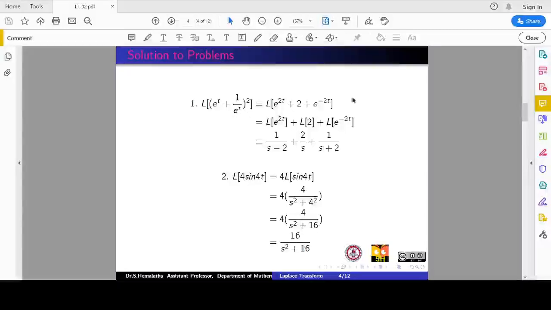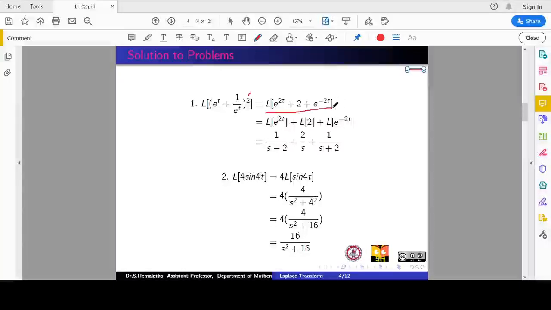It is in a square format. The very important thing you have to notice is that it is in the square form, but we have not derived any basic result with power 2. So first we need to convert everything to a power 1 linear term. So we apply our algebraic formula (a plus b) whole square to expand it in a linear form, and this last one we have just given as it is, 1 by e power 2t, so we have written it in a negative way. Then now this becomes an easy problem.